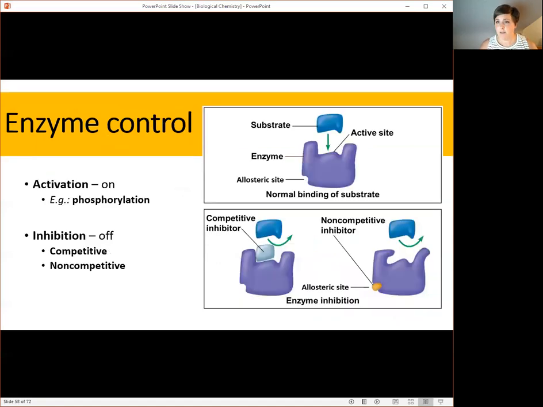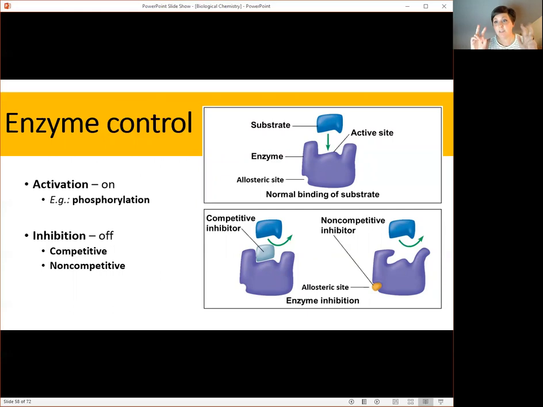It is very important that in biological systems we are able to regulate the function of enzymes. Basically, we want to be able to make sure that we can control when a reaction takes place. We can do this by essentially giving enzymes on and off switches. Although some enzymes are created in an active state, some are created in an off orientation and thus need to be turned on. There are many ways that this can be done, but one of them is via the process of phosphorylation, basically just attaching a phosphate group to the enzyme.